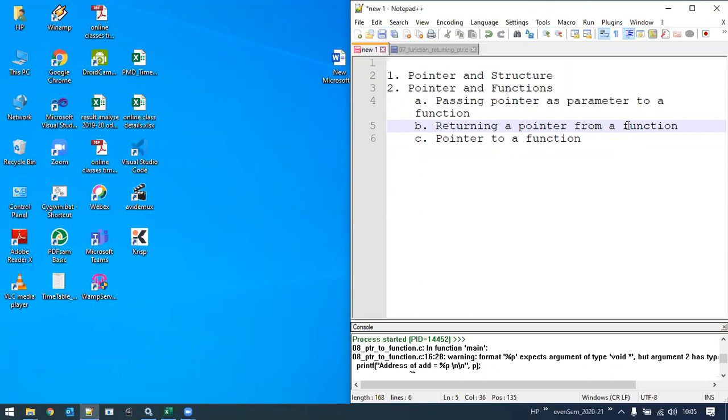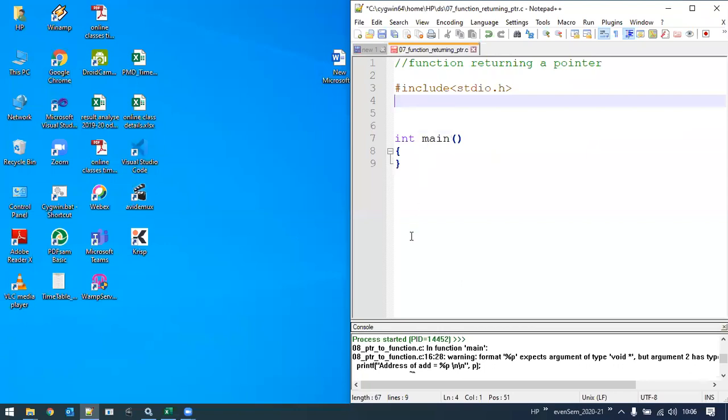Now, in the same way, we can also return a pointer from the function. Pointer means the memory location of a particular variable, which we can return from a user defined function. That concept we will try to understand in the first part of today's class. Now I'm going to write a very simple program wherein I will write one user defined function, and that function is going to return a memory address. Now pay attention and try to understand the concepts here.